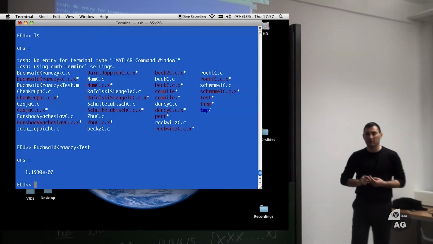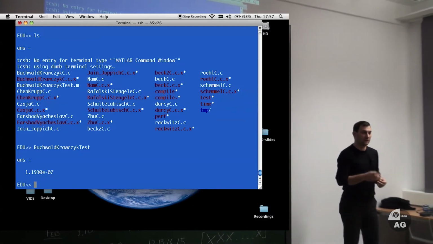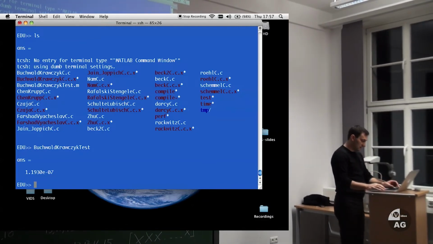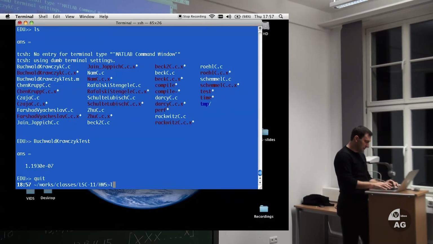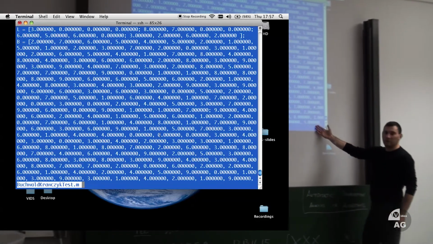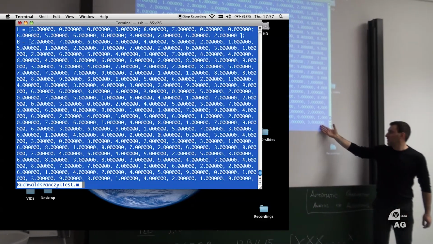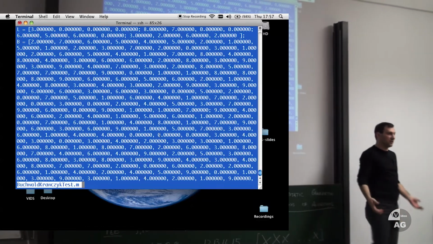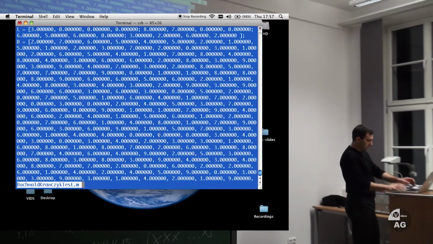No, I know what it is. That's right. So let's go back to this guy. Look how many digits they used. How can it be better than 10 to the minus 6 or 7 if you don't print more than 6 digits?